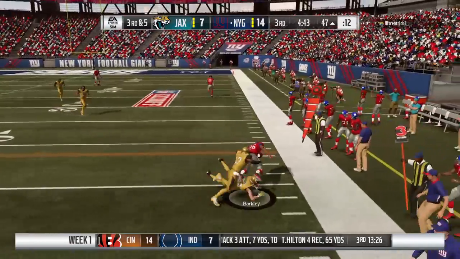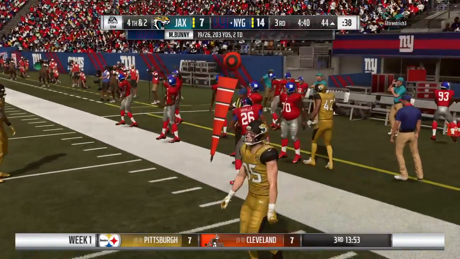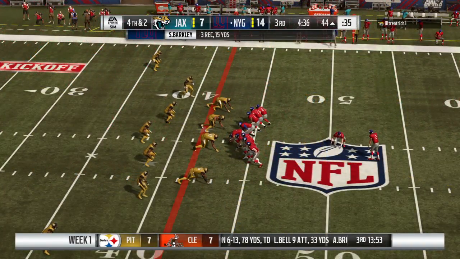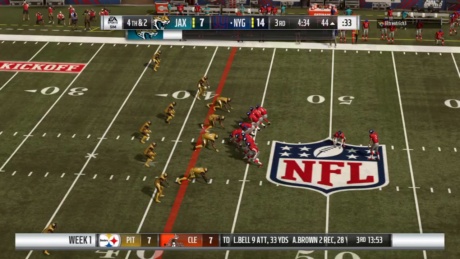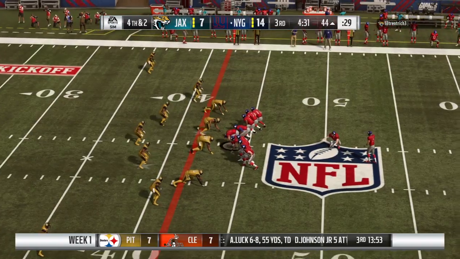Out to the flat. That's complete to his running back. And he'll be taken down at the 44-yard line. Give him 3 on the play, and it'll be 4th down. So much about offense is what you call hidden yardage. You know, you throw the ball to...